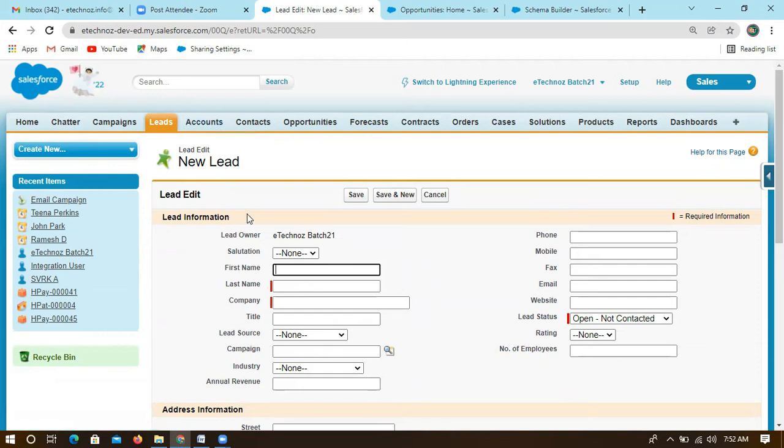If someone wants to buy any product, they can be an individual. Let's take, I'm an individual, so I can buy one product, or some person who is connecting with a company. Let's take another company. A company can also buy a product. If I want to connect with that company, there should be one person I need to speak with, right? So first name, last name, this is the person.